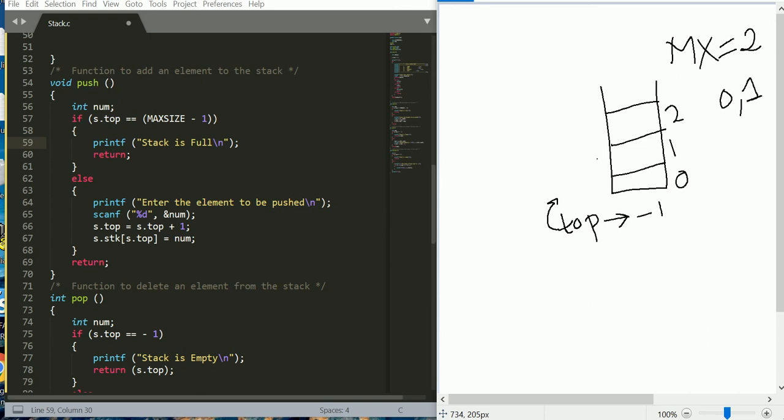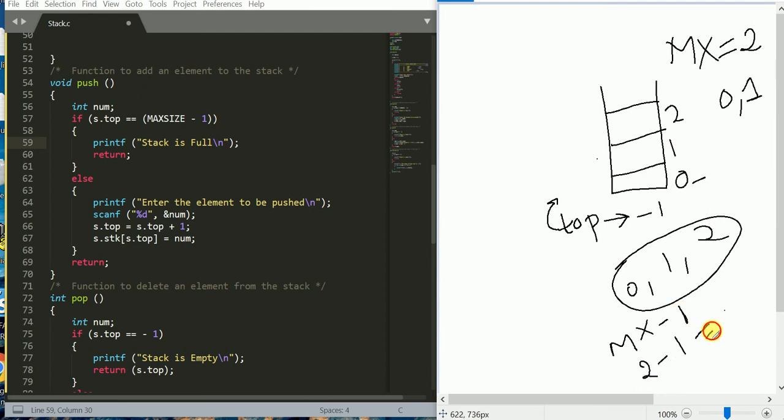So if I take here 2, means what? Till 2 it will check. 0, 1, 2 it will take, means 3 elements it will consider. As it is starting from 0, 2 elements means 0 and 1. That is why maximum size minus 1, that is 2 minus 1 is equal to 1. So 0 and 1 will be checked, right? I hope you